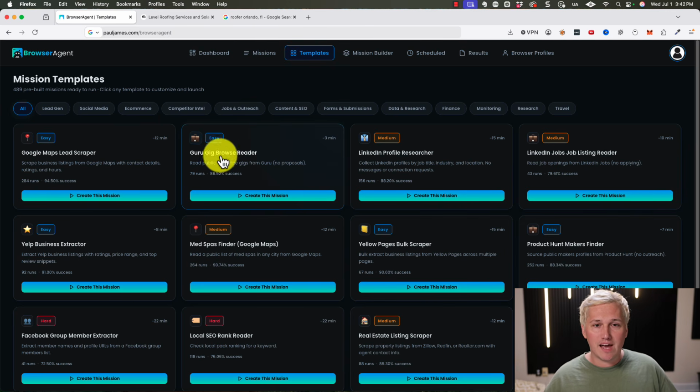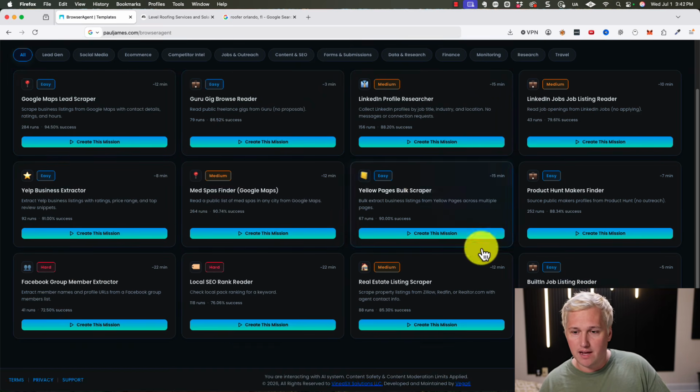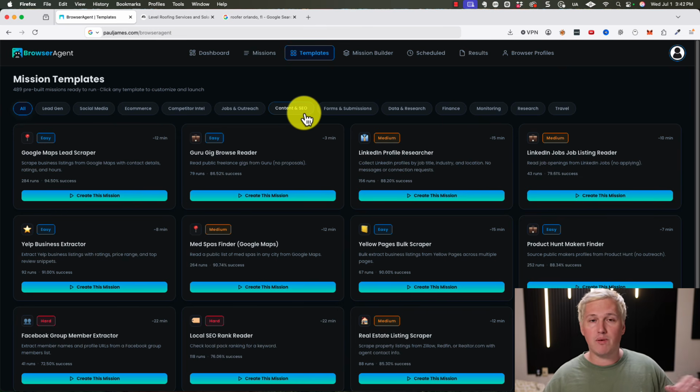But with that being said, on here, you're gonna see some templates at the top. And the template that I'm going to be using is called this Google Maps Lead Scraper. And by the way, you don't have to use a template. You can click on the mission builder and you can build out any mission that you want. But they have 41 pages full of templates from lead gen, social media, e-commerce, competitor intel, jobs, and outreach. And we're going to be using a couple of them in this video today, which just make it easy to